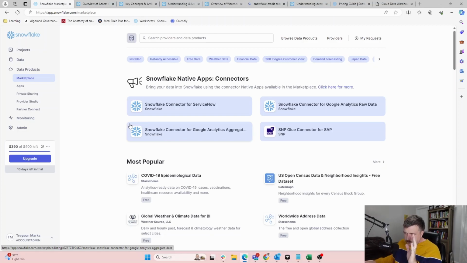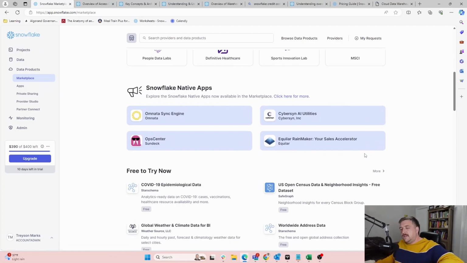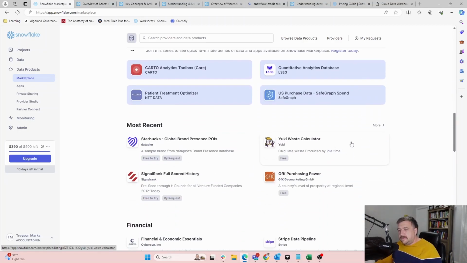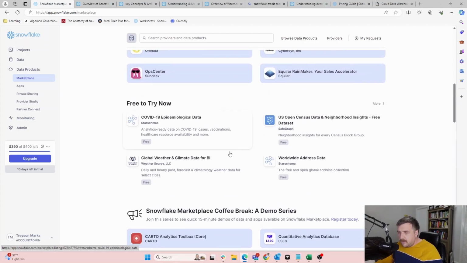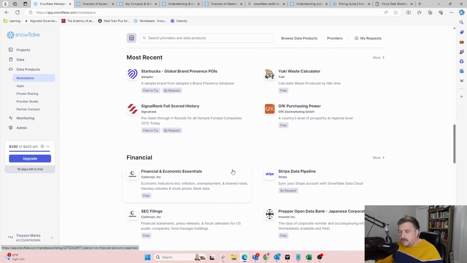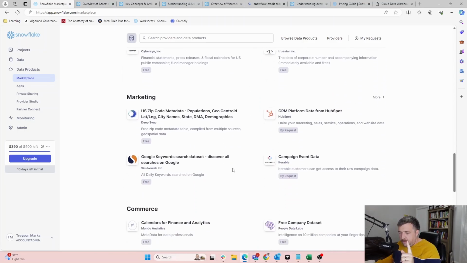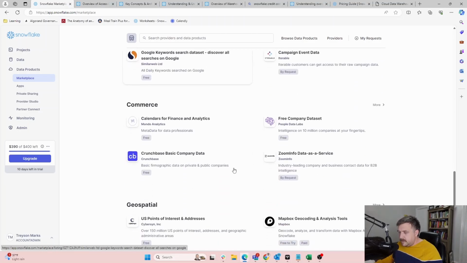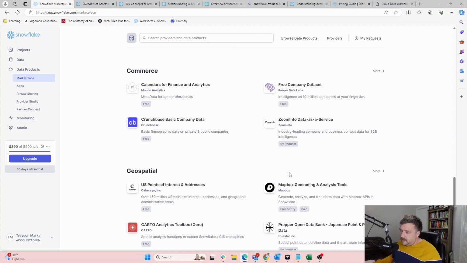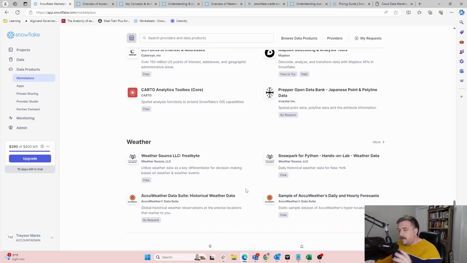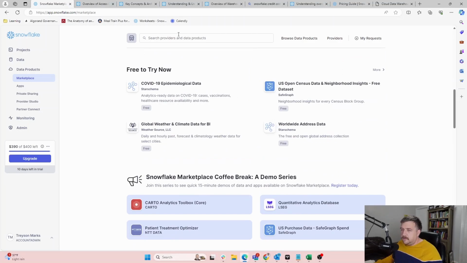On the Snowflake Marketplace, there are all of these different tools and data sets that you can go in here and pull out. They have free stuff, they have paid stuff. Like Experian. If you buy Experian data, that's a fairly common use case. So if you buy Experian, boom, it exists for you in here. I believe I can just, if I were to look here.